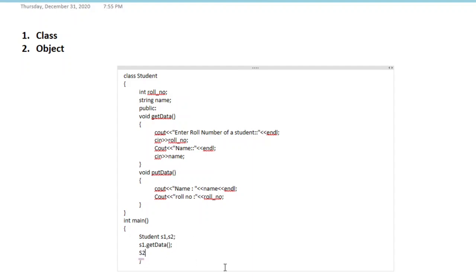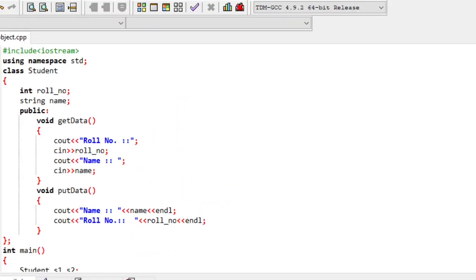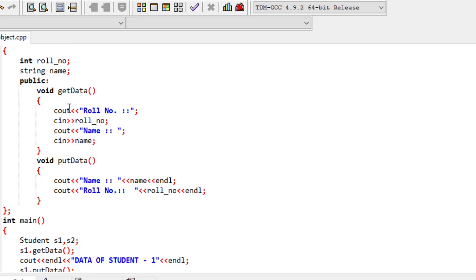Okay, so we will move forward with the practical implementation of it. So I have written the code for this short video. So this is my code for a class and object. This is my class of a student. There are two data members, roll number and name, and there are two public member functions, get data and put data.